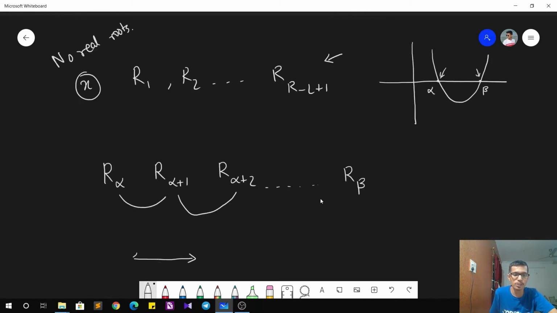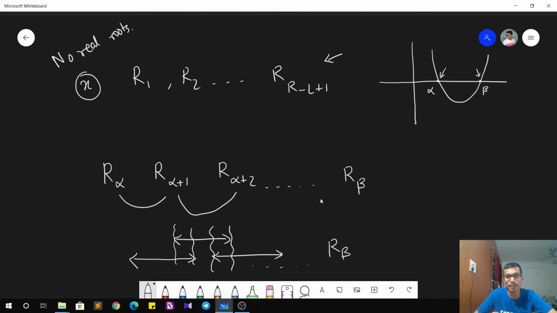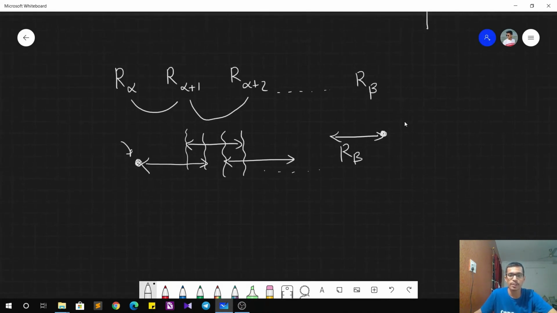So R alpha is over here, and definitely R alpha plus 1 is overlapping with this, as you can see here. Also R alpha plus 2 will definitely be overlapping with R alpha plus 1, and so on until R beta. So if we want to calculate the total number of distinct terms from R alpha to R beta, what we can do is directly take the ending point of the last range, that is R beta, and the starting point of the first range, that is R alpha,